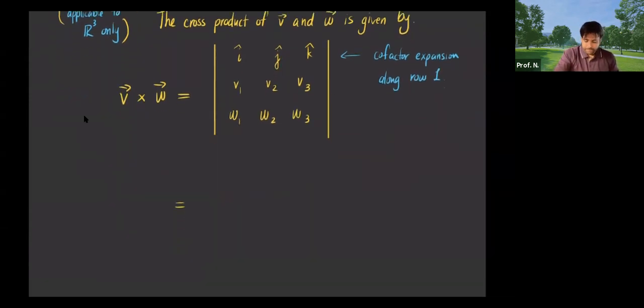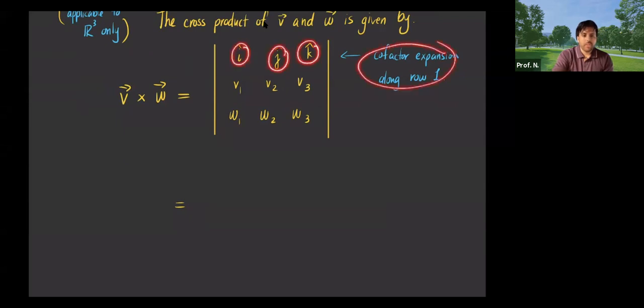Does anybody remember? Remember, do you guys remember the determinants? So remember, this would be like our A11, A12, A13. So if I apply the cofactor expansion,